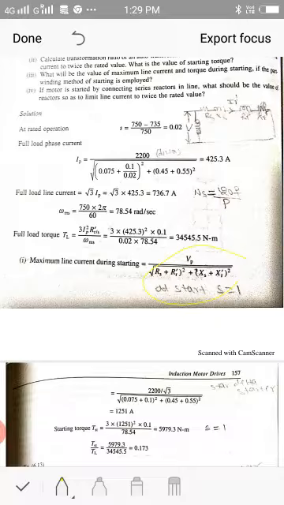Okay, so this equation is similar to this equation. This S is omitted here, S is removed, because at starting S will be equal to 1. Okay, so you need to remember only one equation here. One equation is sufficient to derive other equations. So at starting S will be equal to 1, so this becomes Rr dash. I am substituting here. This is 2200 divided by root 3 I have taken here, because this motor is being started by a star delta starter.